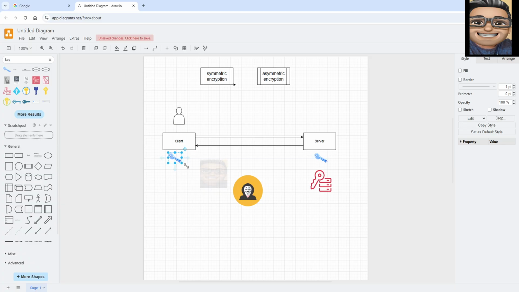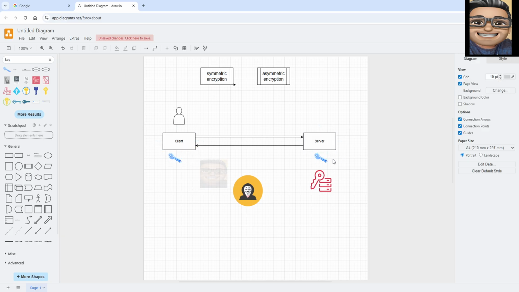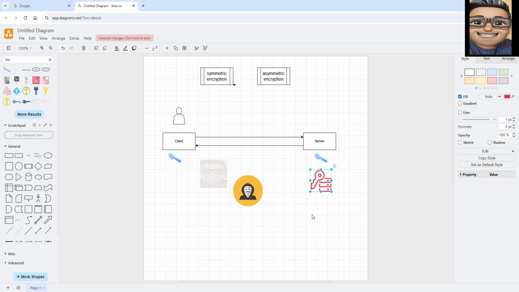The client will then use this public key to encrypt the data and send it to the server. And then the server can decrypt the data using its private key. Okay, so the data being sent is encrypted. For now, it looks very good, but